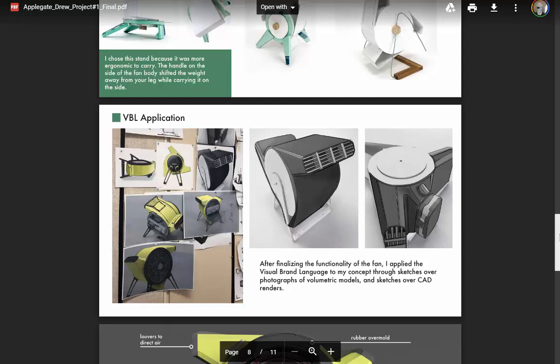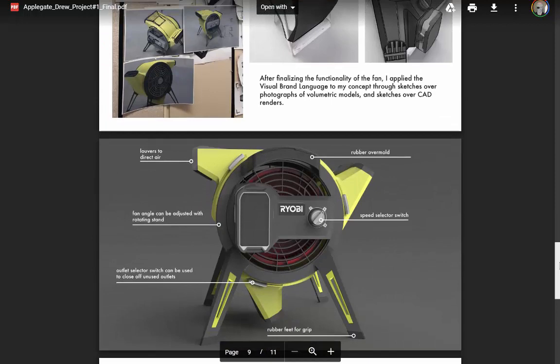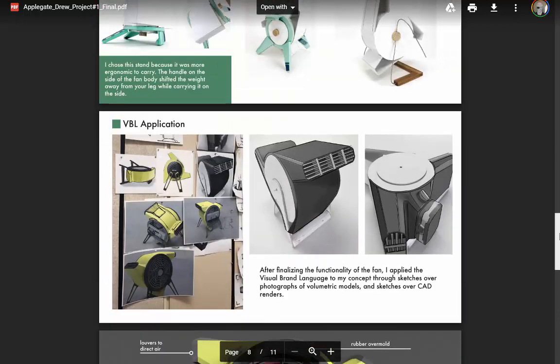Visual brand language application. Cool. But I want to see it here. It's almost, because this doesn't say visual brand language application.